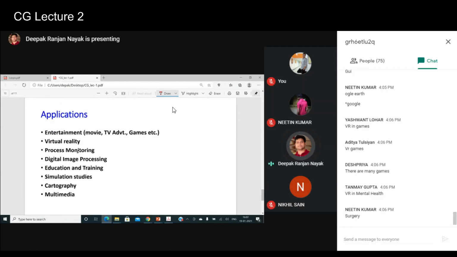So yes, and the next one is digital image processing. We've already talked about it. Is digital image processing the same as computer graphics? The names seem very similar to each other, but there is a difference. As I mentioned, computer graphics is basically used to create pictures, and computer graphics sometimes requires the help of digital image processing to manipulate the images, to enhance the quality of the images, and to remove the unwanted information in the image, or you can say picture.